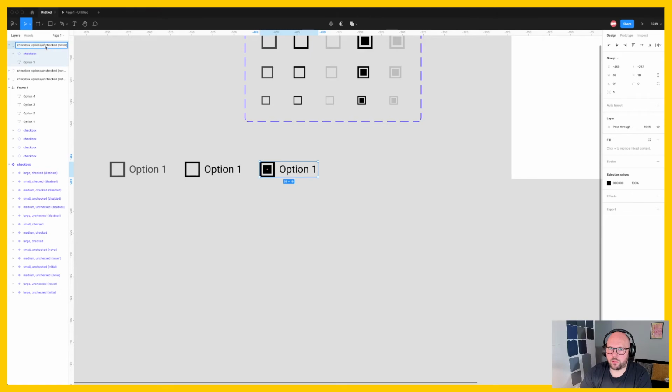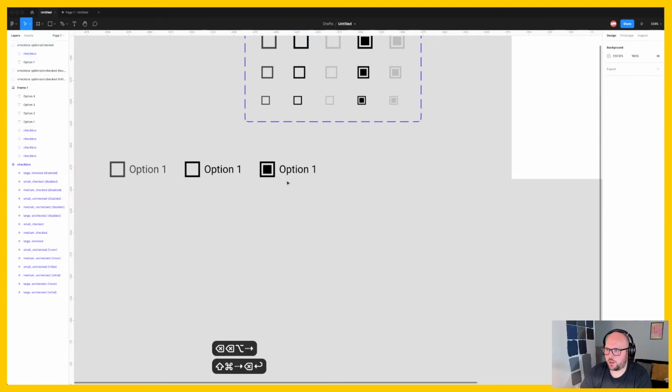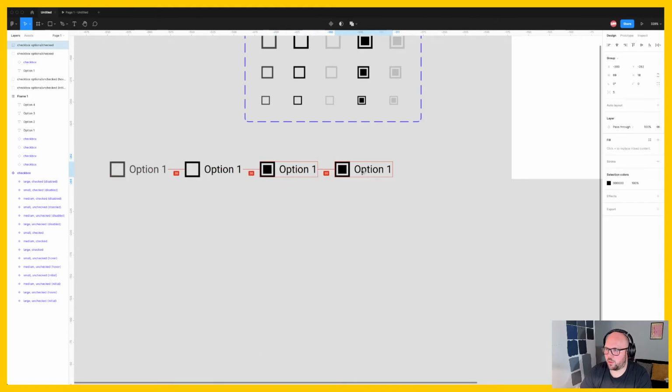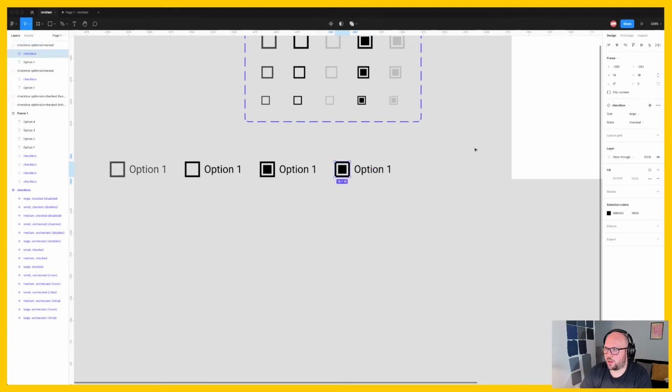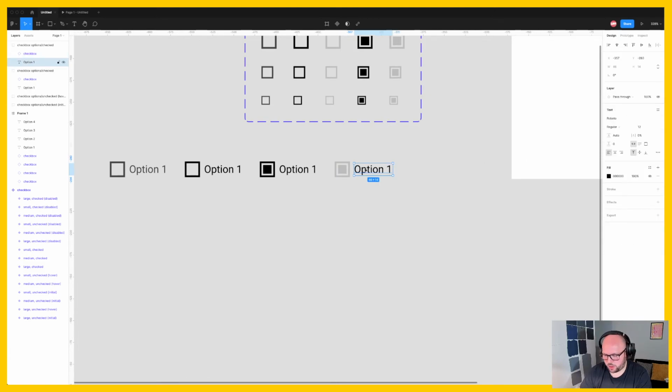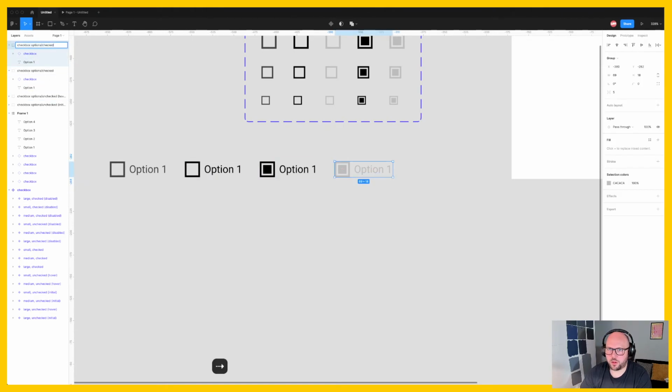This becomes checked. And to do one more. Two more. So we're going to say checked disabled. Give that the same colour. This is going to become